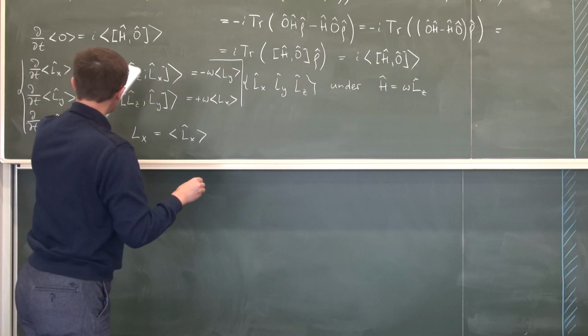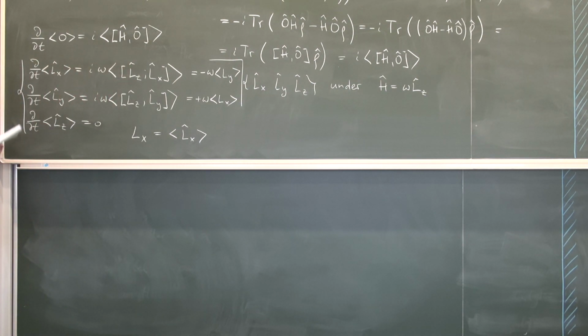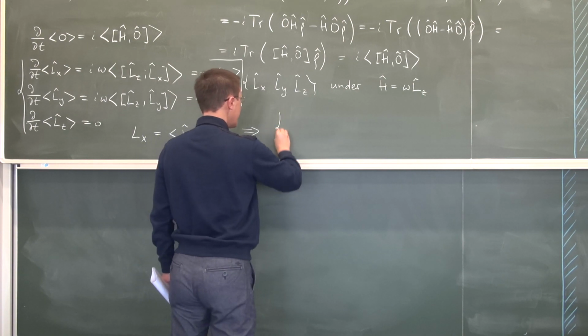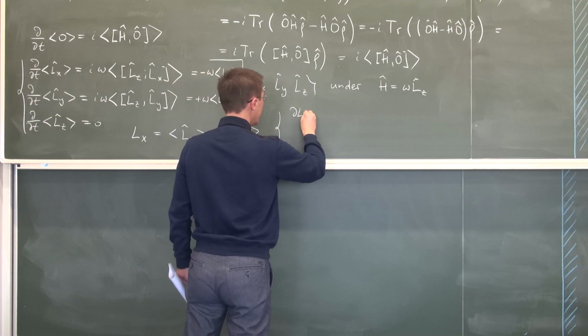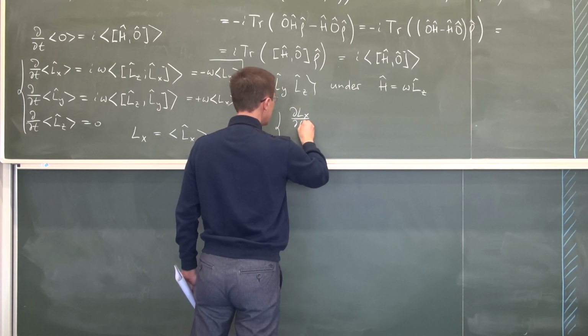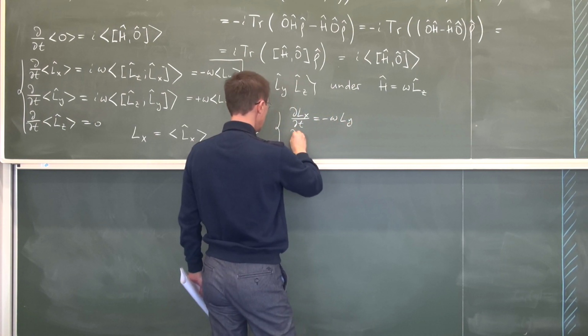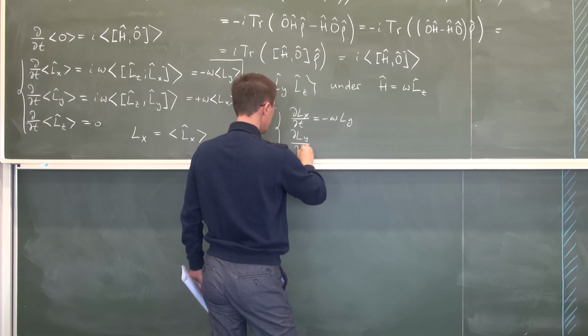Okay, so what we get from here, Z we don't need to worry about. Our magnet is along Z, but the XY dynamics we're interested in. So the conclusion from here is that dLx by dt is minus omega Ly, and dLy by dt